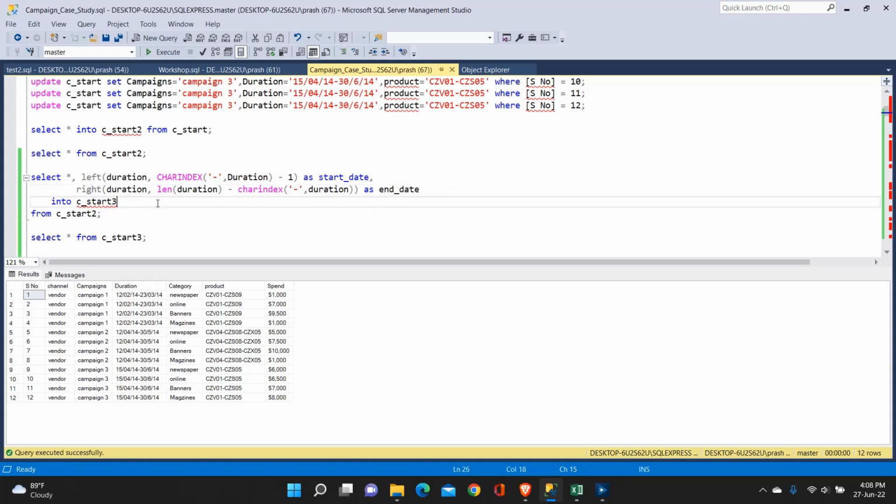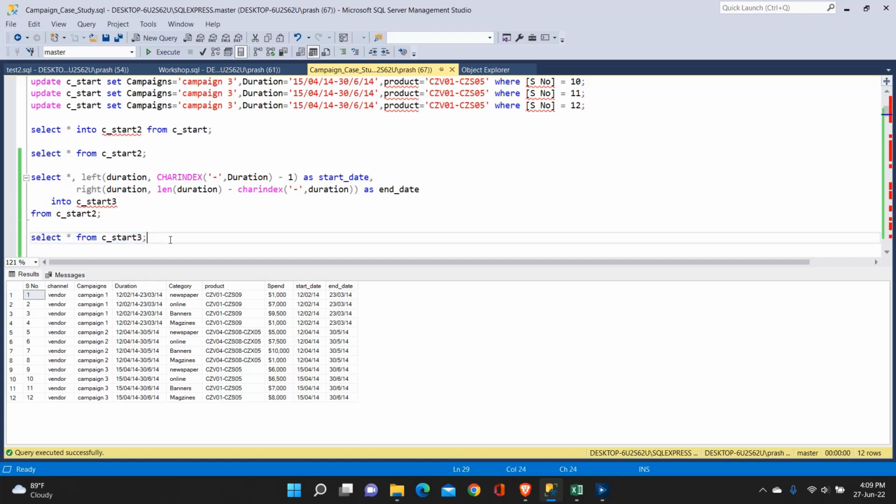Then I have inserted the same into the C3. Let me execute the C3. So start date and end date we have right now, after splitting it with the delimiter being the hyphen. Okay,